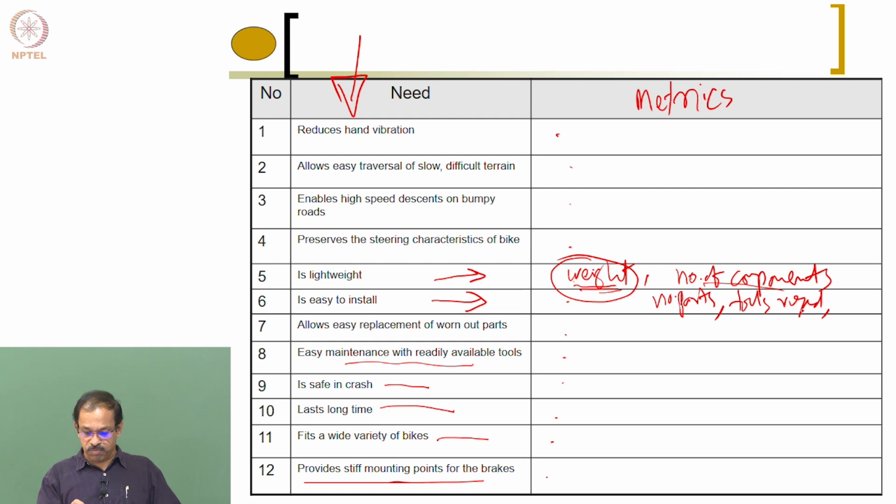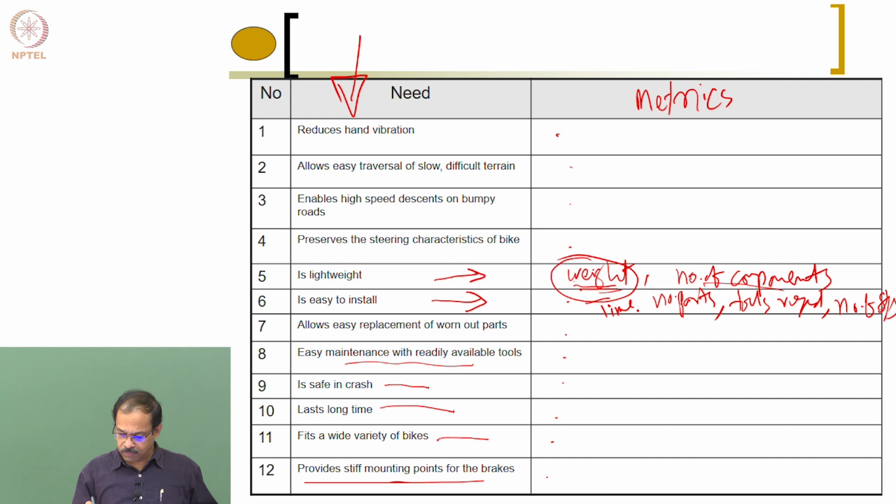Yeah, you can say number of parts, number of steps needed. Number of steps can be an easy metric. Time needed for assembly. That's also an important metric, right? So the time needed, number of parts, number of tools required, number of steps involved, all these can be a metric for easy to install. Right. Now,